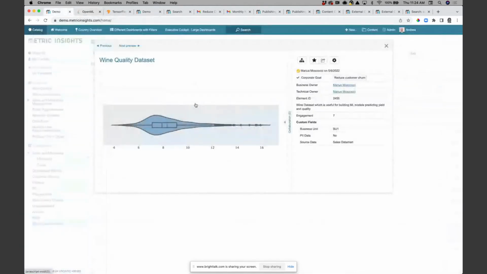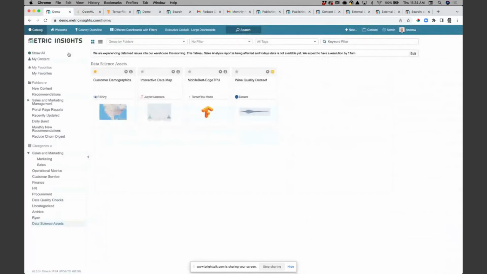So hopefully you can start to see that the intention here is similar to our dashboards. Whatever data science applications or models or analysis that you should be doing, you want to be able to publish them alongside the other content. And if you do that, then really what you're opening up is a bunch of additional functionality within the portal that you're making use of for your BI assets today, but that you also might want to make use of for your data science assets.